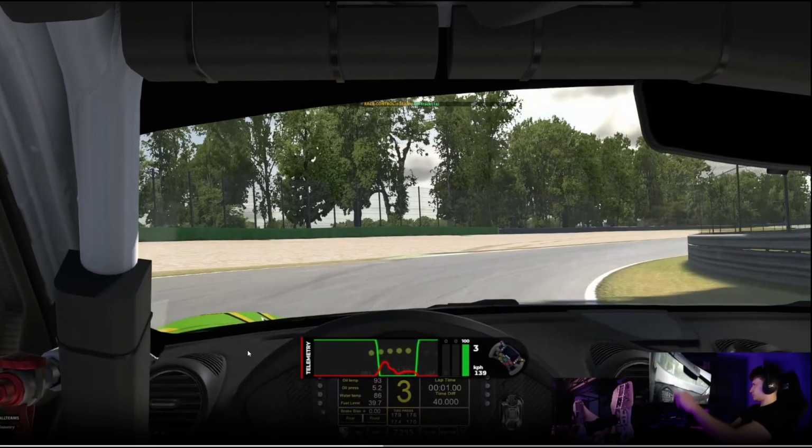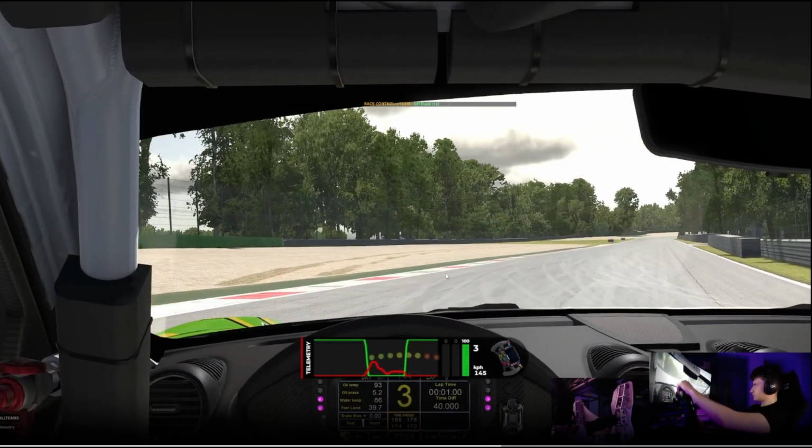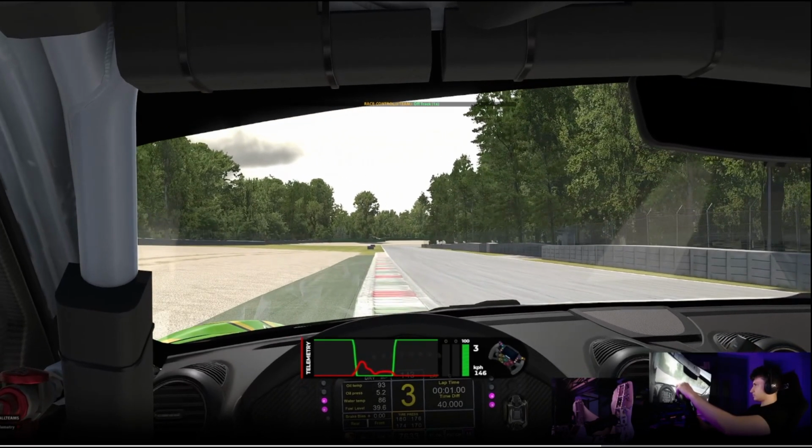In this instance, because on the exit we are going wide, naturally we're adding a lot of steering angle. However, there's gonna be a threshold in which the car is gonna lose the rear grip, and in that moment the car will spin. The correction for this type of mistake is just to unwind the steering wheel. So in this case, instead of turning right this much, turn a bit more to the left while doing a